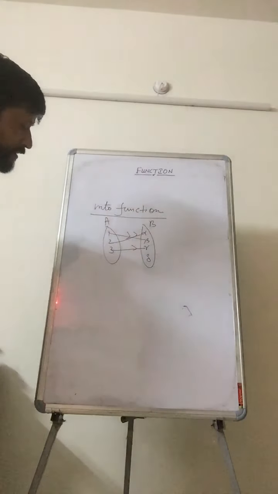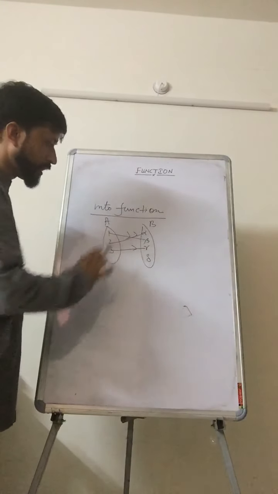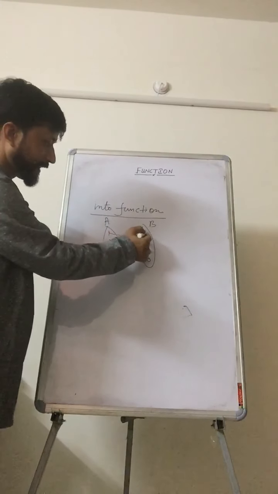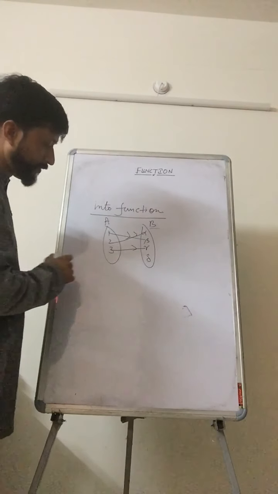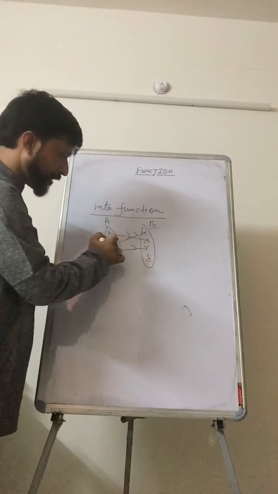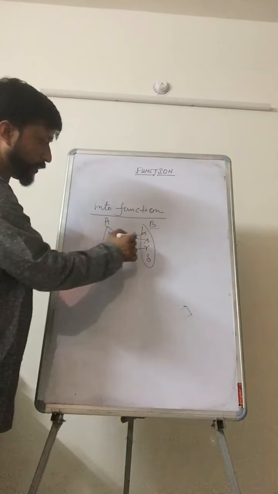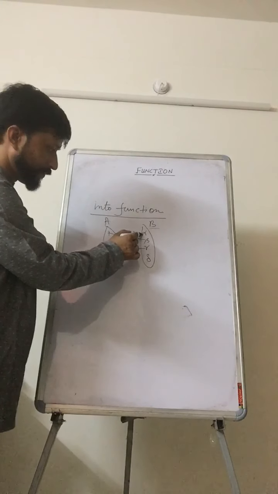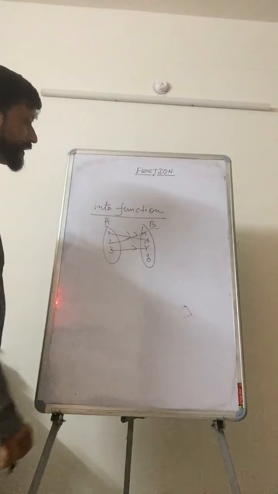This is a function, there is no doubt, because all members are associated and they have got a unique and distinct image or link in set B. So this is your function. Now what are we observing? We are observing that all of them have got different associations, so no two different elements are linked with the same element of set B. So this function is called your